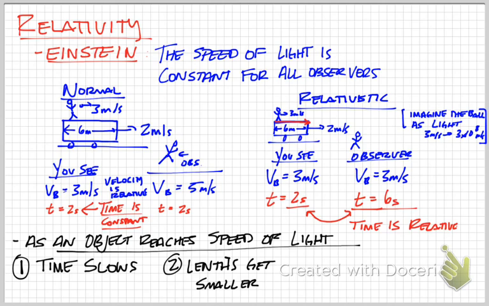And if you want to talk about that one, we can talk about that more in class. But in the same way that time adjusted to make sure that the speed of light was still 3 times 10 to the 8th, length will do the same thing. And the one that we're going to spend most of our time with, okay, lengths get smaller, is that